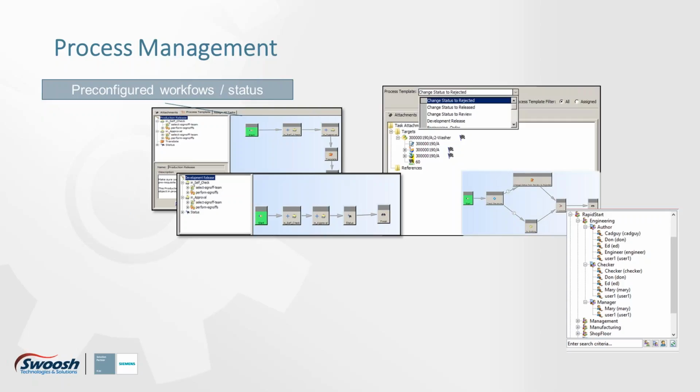It's built so that people can reuse this over and over again. It's set up once, everybody uses it, and by using the pre-configured workflows, you don't have to come up with these on your own. You can use exactly what comes out of the box using the RapidStart configuration and start running from day one. And that's a big time saver, because once you start developing some of these workflows, you can spend a couple of months trying to figure out what all the processes are.